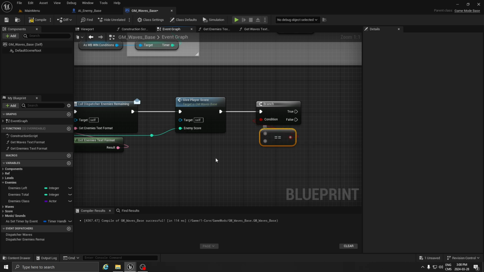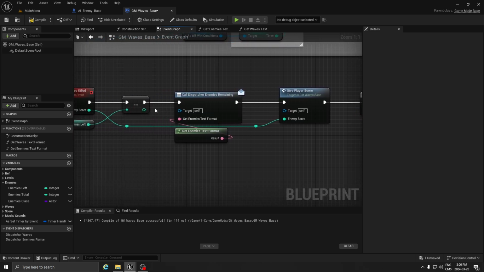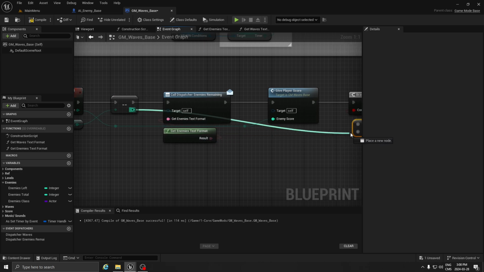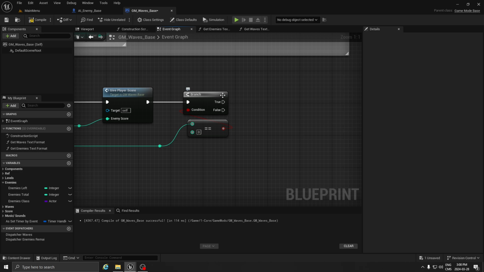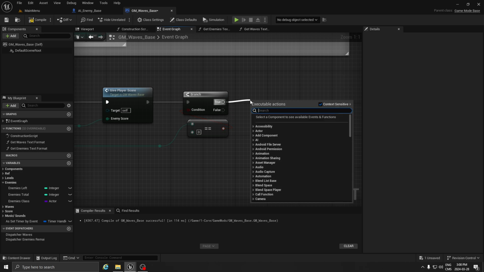So we're going to equal to our pin here that we do the subtraction. So we're just going to drag from it and put it on the top here. And we're going to leave that at 0. We can reroute the node so it's looking a little bit better. And from that now, if it's true, we're going to drag our wave